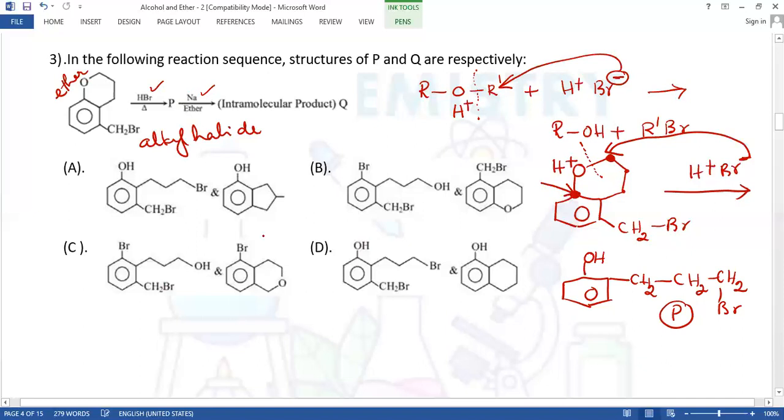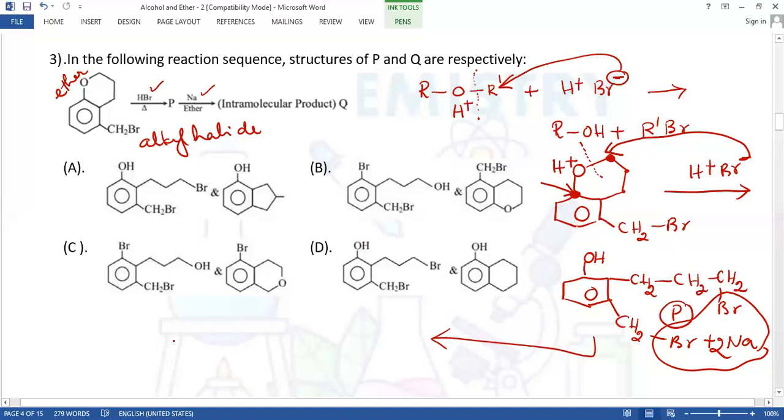Remember, sodium comes in a Fittig reaction, a reverse Fittig reaction. Now, this is a bromine atom like an alkyl halide, and also there is CH2Br on benzene. Let me treat this with sodium metal. How many moles are required? 2 moles. So what is the side product? In the reaction, 2 moles of sodium bromide. So what will happen now? We'll get a benzene ring attached to the OH.